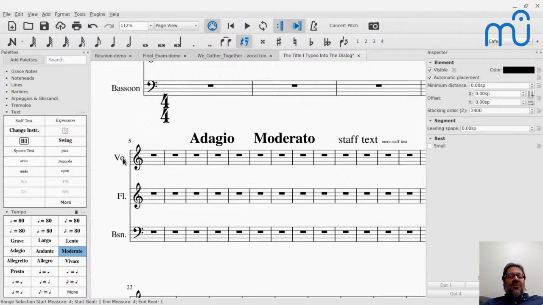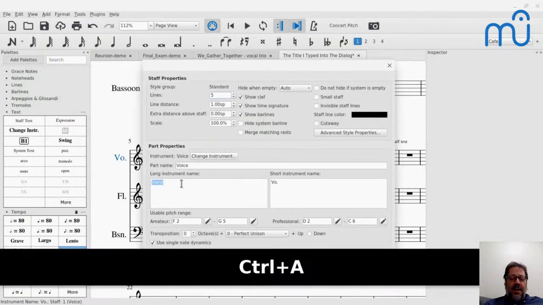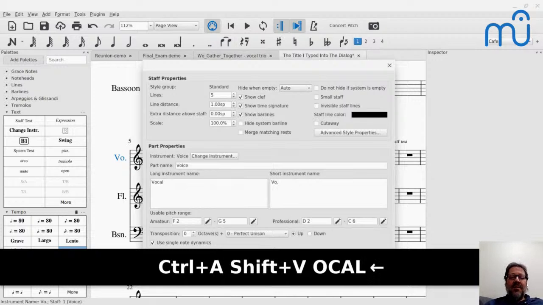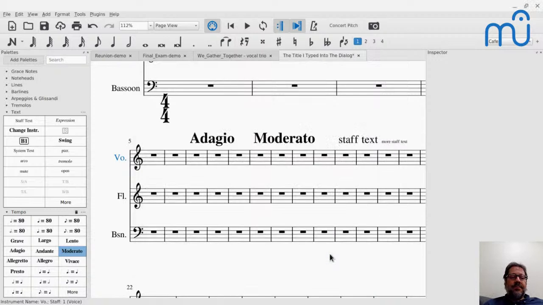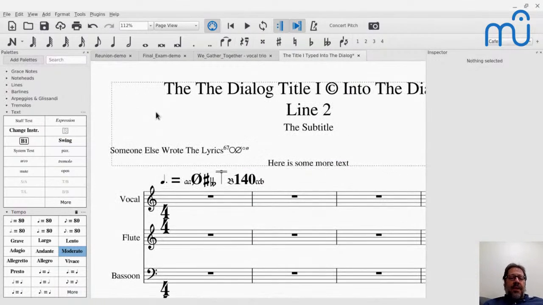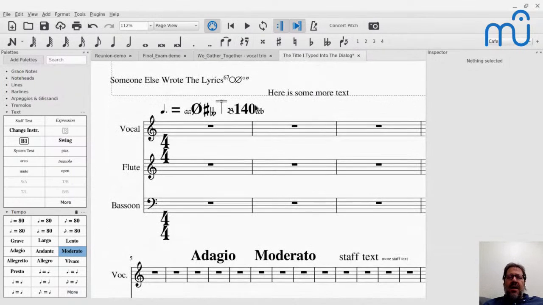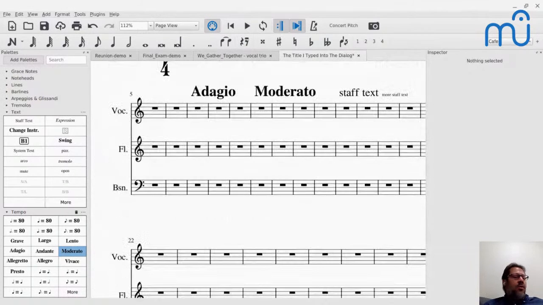So this isn't just plain text. You don't edit it directly. It gets sort of generated while we're deciding how many measures to put on a line and stuff. So to edit it, it's part of the staff properties. And so I can make this say vocal and make this say folk if I want. And then when I hit OK, you'll see that has changed. And vocal. So that's instrument names. So I'm trying to show a lot of general things before I show some more specific things, but there's always more specific things to show.